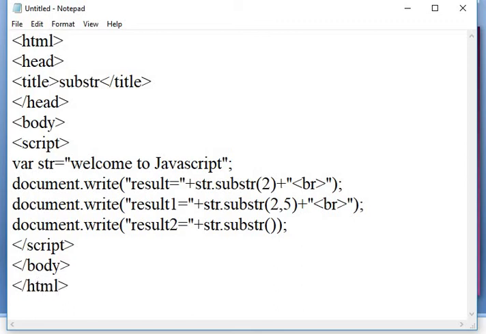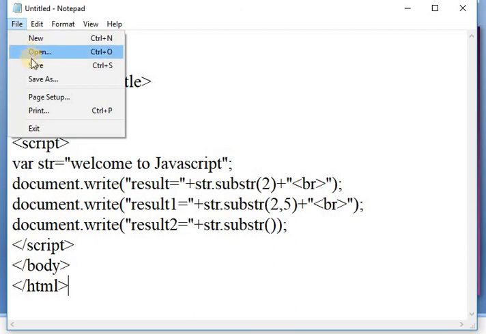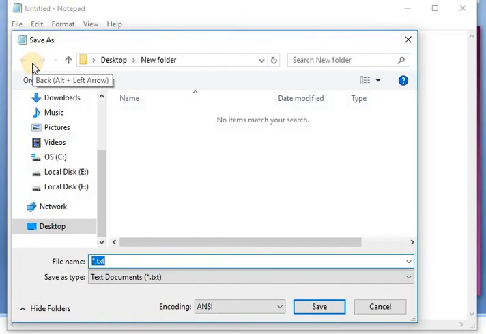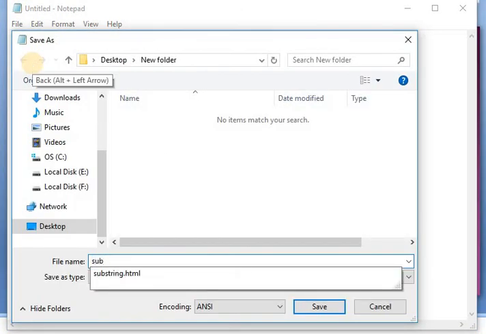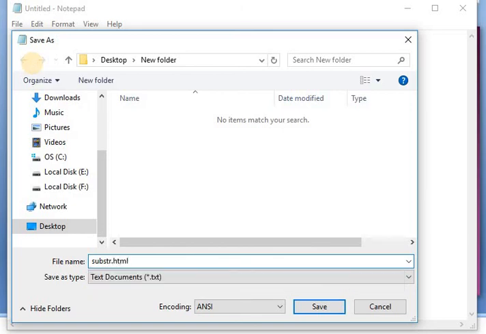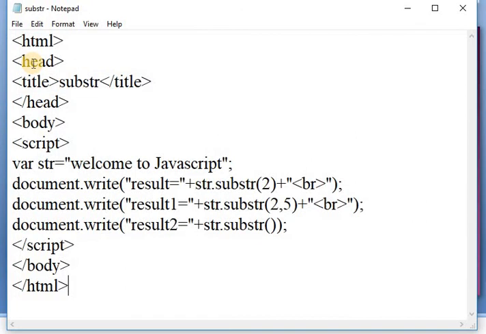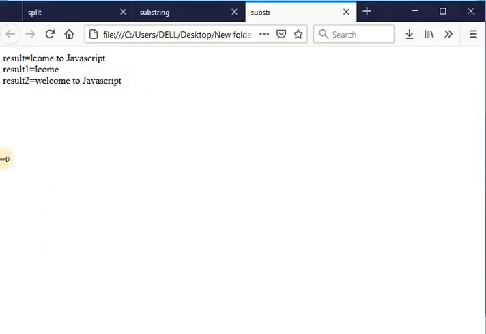Let us see the output of this program. First of all, save this file with some name, that is substr.html with the extension HTML, and see the output of this program. This is the output of our program.